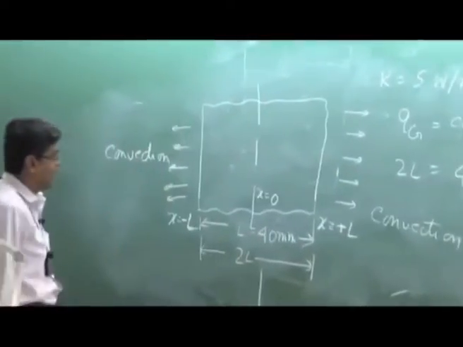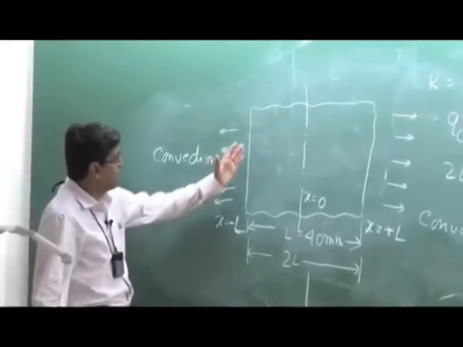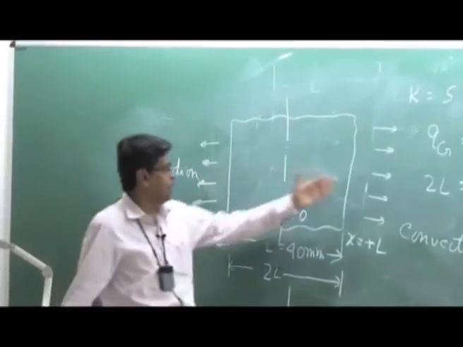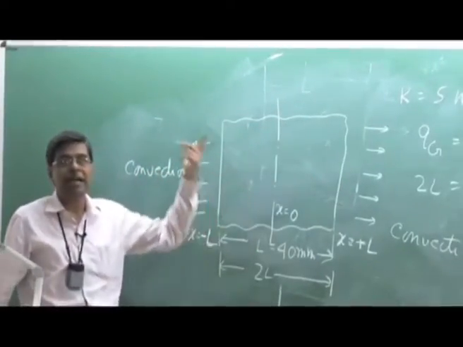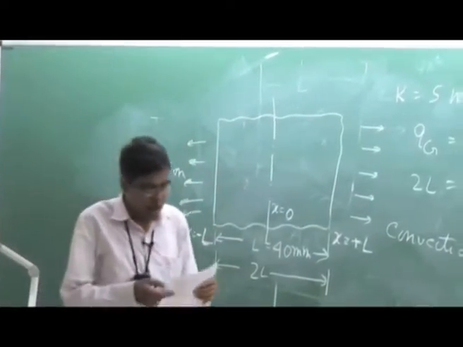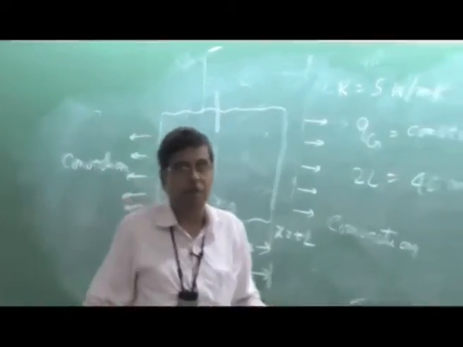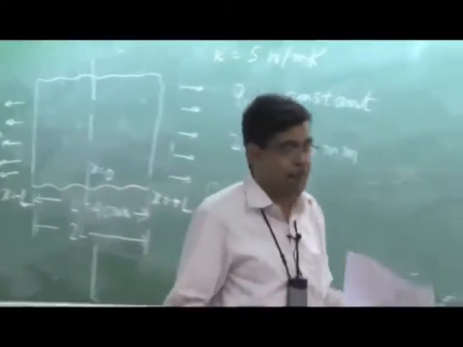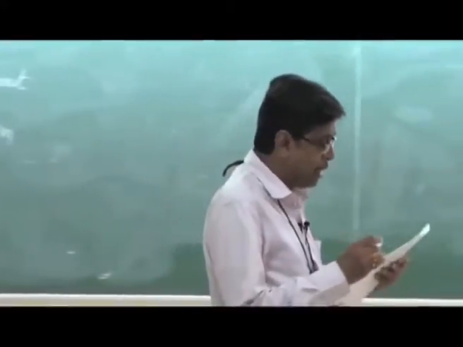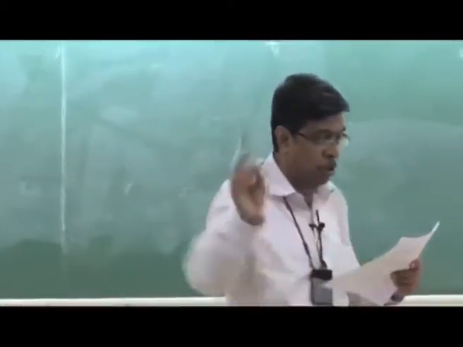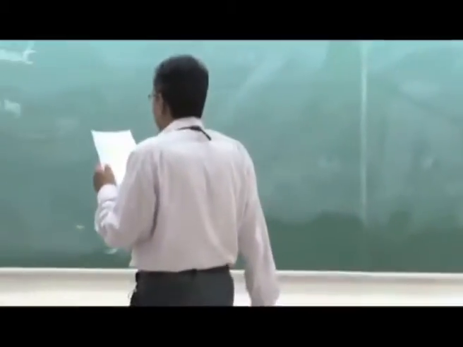Some convection is there, which takes the heat from the surfaces, because surfaces become hot due to the internal heat generation. That's all. For this type of problem, I am bothered about whether the heat transfer coefficient is given or not. No, heat transfer coefficient is not given. Instead, what is given?